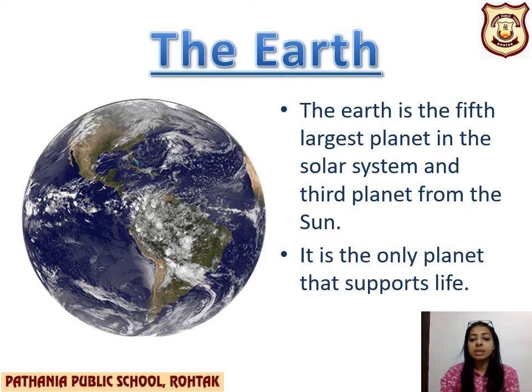Now we will study about the planets. So the first planet, I know the first planet is Mercury, but let's start with our own planet. सबसे पहले हम अपने ही planet की बात कर लेते हैं. So Earth, as we have seen in the solar system, Earth is at the third planet from the sun. अगर मैं sun से देखूं तो जो Earth की position है, that is number 3.